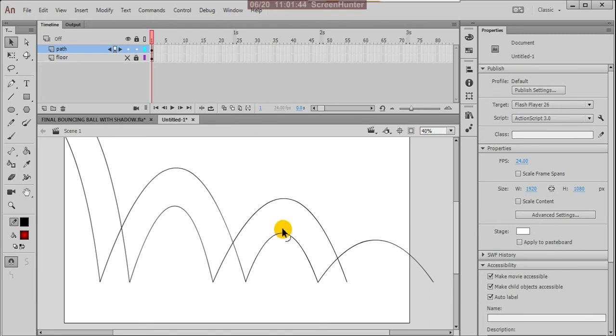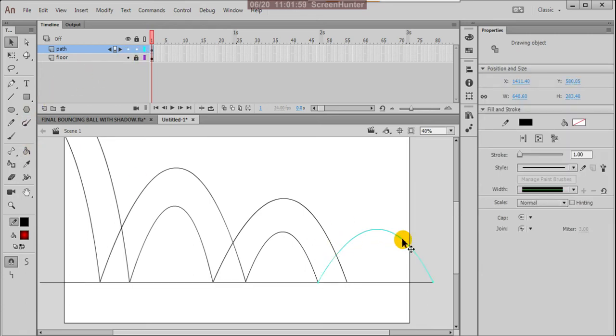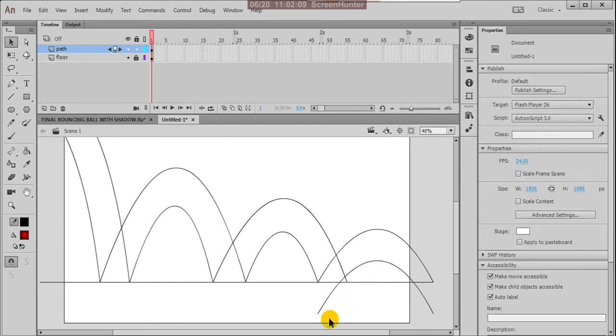So just you can move it up more. Again, select this and press Alt, make the duplicate of this.